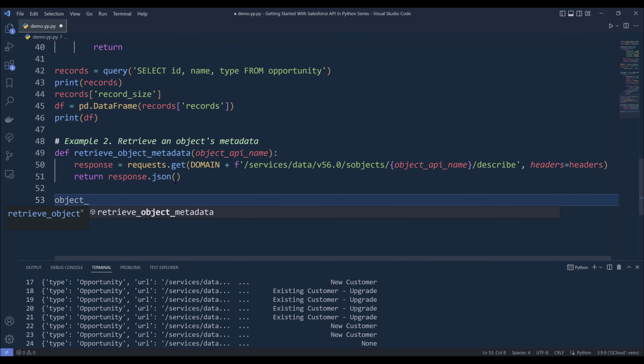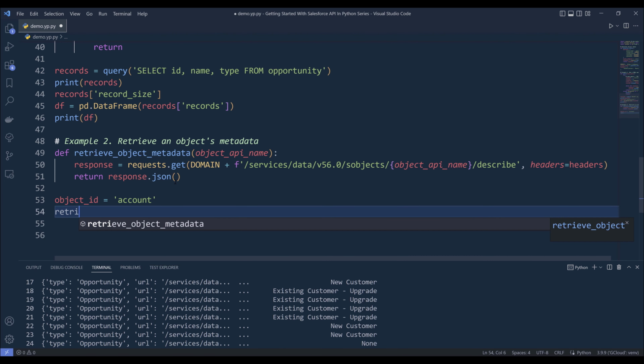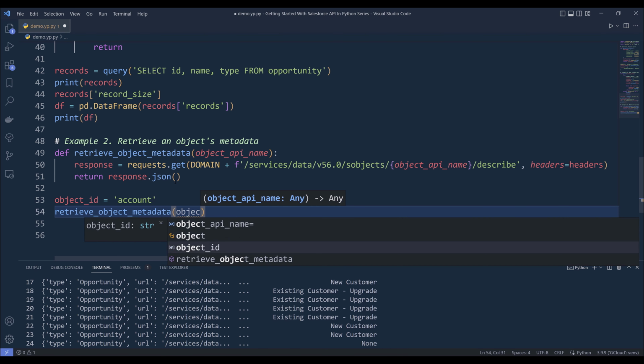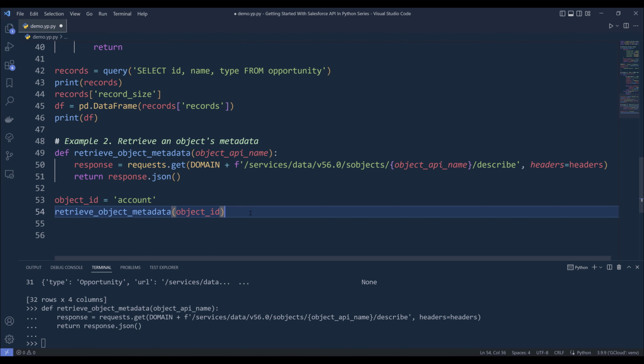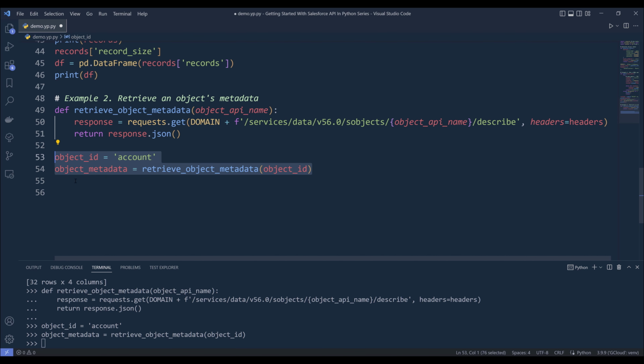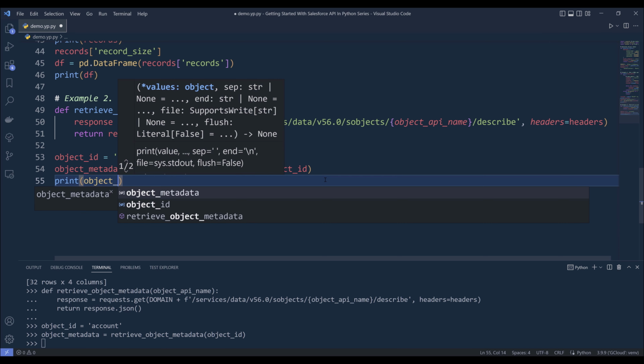Alright, so here I'm going to create a variable called object ID. Now let's say I want to retrieve the account object's metadata. Now from the retrieve object metadata function, I'll pass the object's API name. And let me go ahead and create the function first. And for the output, I'm going to name the output object metadata. And I'll go ahead and run these two lines to create the object metadata object. Now if I go ahead and print the object metadata object,